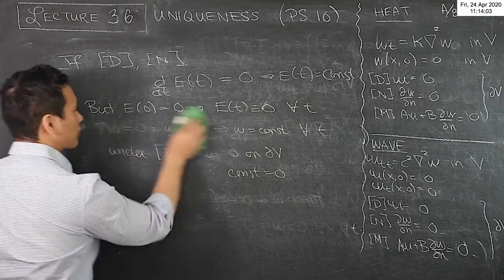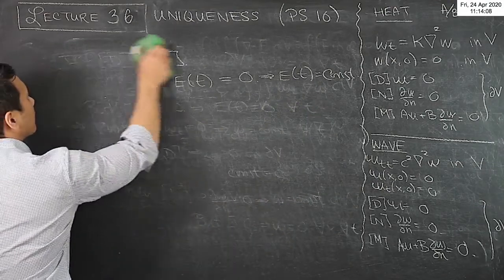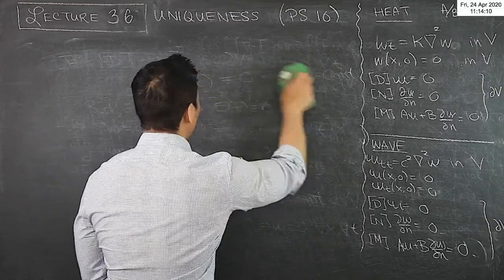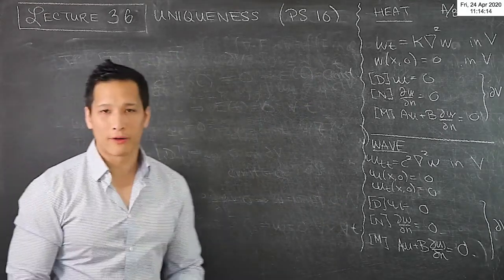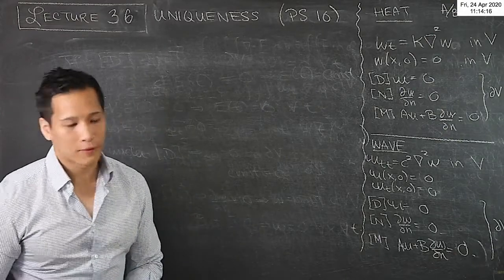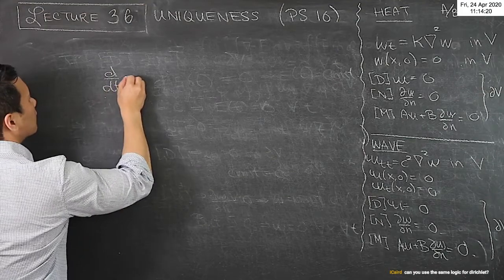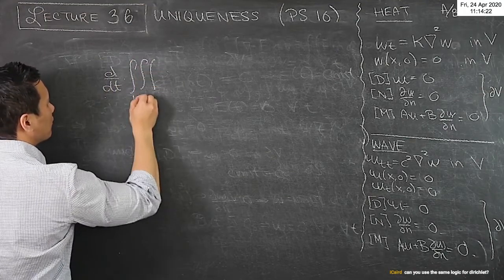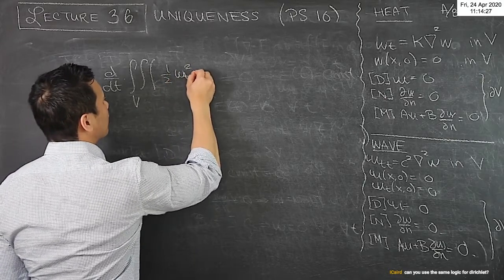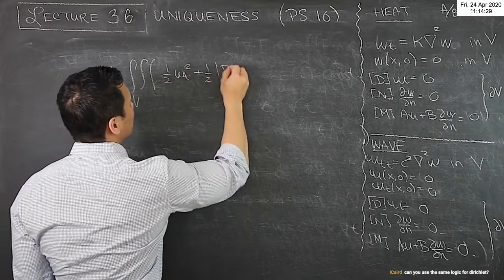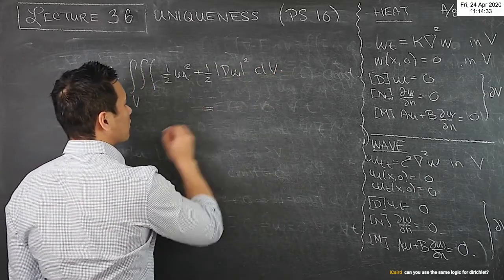Okay, that leaves us with the very last case, the case of A and B and the mixed condition. And that is probably the trickiest of all the cases because it requires you to redefine what the energy is. Okay, but once you know that trick, you're able to get it pretty quickly. So I have a 1/2 Wt squared plus a 1/2 grad W squared dV. And on the right-hand side,